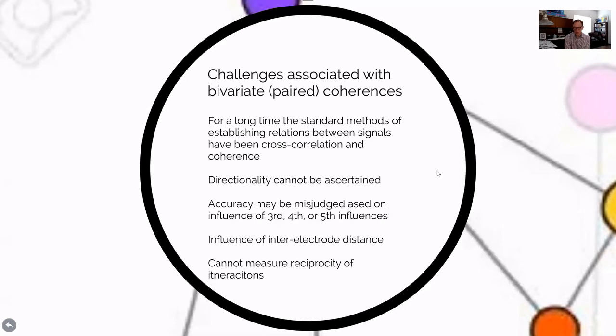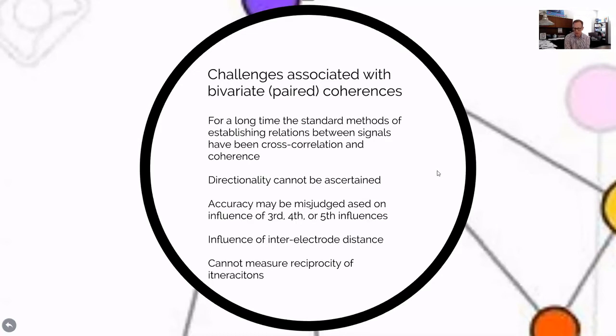And in large degree, that is still the primary strategy used by most clinicians and even many researchers in the field. However, this is changing. And the reason for this is that directionality cannot be measured in any way. The accuracy of the correlational statistic may be misjudged because there may be third, fourth, and fifth influences that are